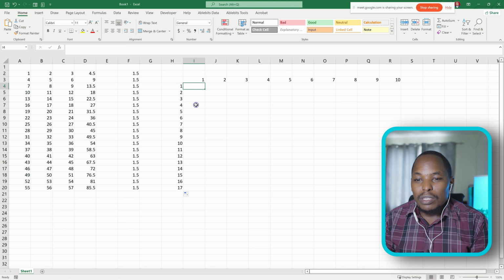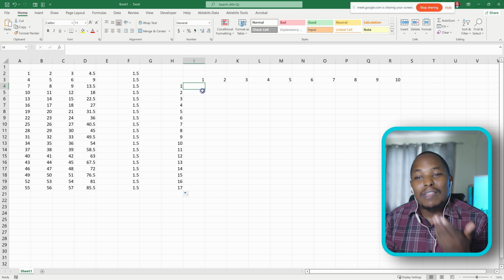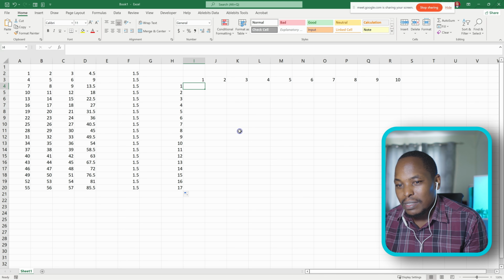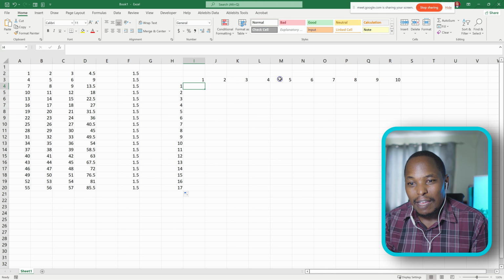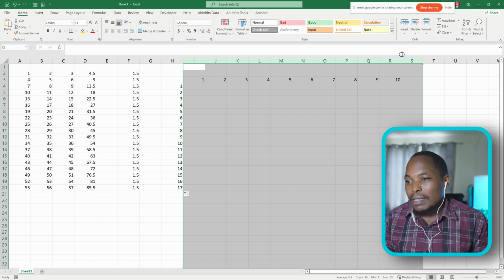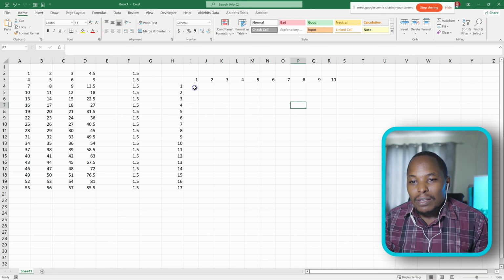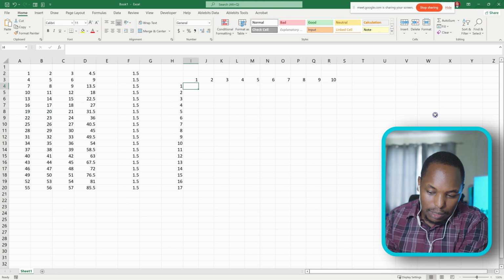Now what I want this to be will be 1 multiplied by 1. The product of that will be here. So 1 you multiply by 2 will be here. So instead of typing that all the way, and this is Excel, I don't know whether that is in Office 365. I'm sure it must be there, but people usually complain that this is not working in the office. So what I need to do here is just equals to,